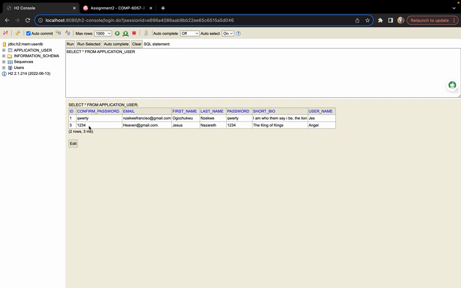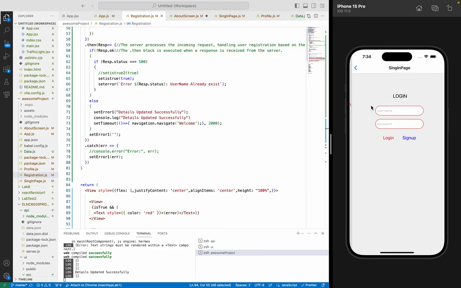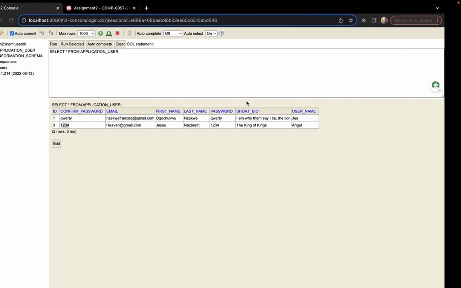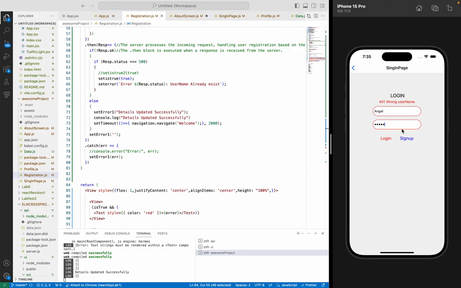Enter and use this password, of course. So if I go to login, enter 1, 2, 3, 4, 5, and if I log in, I see wrong username or password. That's probably because the password is not correct. So if I take it down,